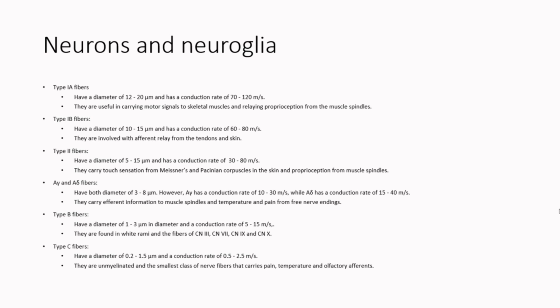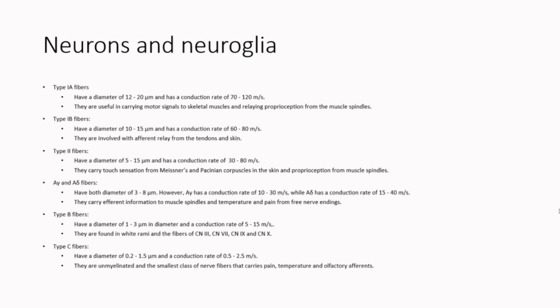Then you have type 2 fibers, which have a diameter of 5 to 15 microns, conduction rate 30 to 80, and they carry sensory information from Meissner's and Pacinian corpuscles, which we find in the skin, but also proprioception from